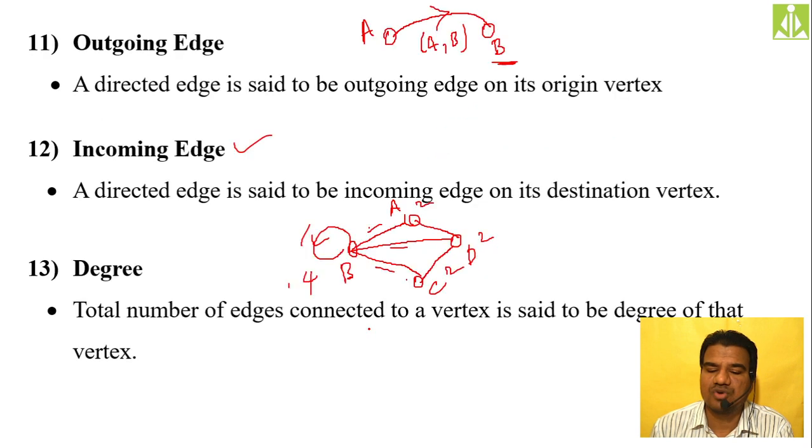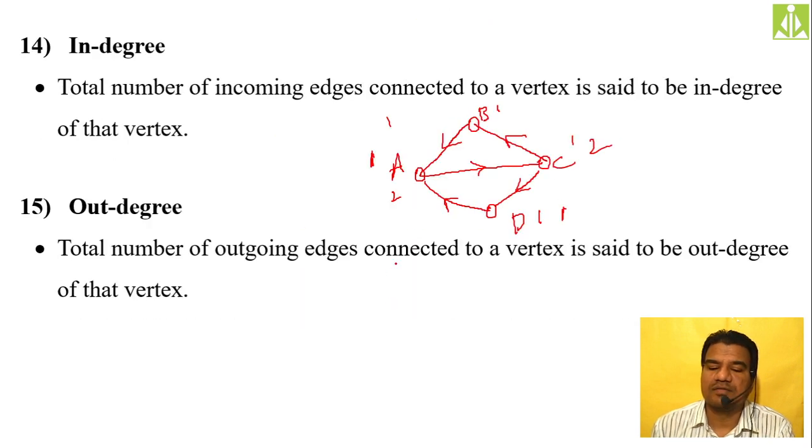So here I have drawn one particular graph. Let us say, to reach B from D, here we have our D. To reach B from D, I have to move from D to A, because I cannot go in the other direction. From D to C I cannot go, because here it is a unidirectional edge. D to A I can go, then A to C I can go, then finally C to B.